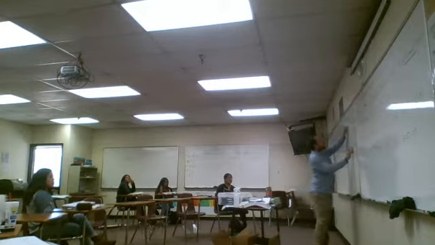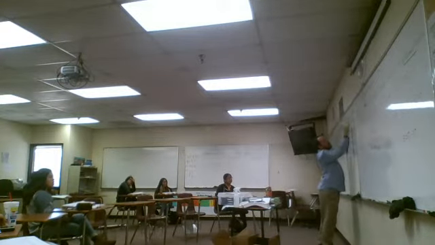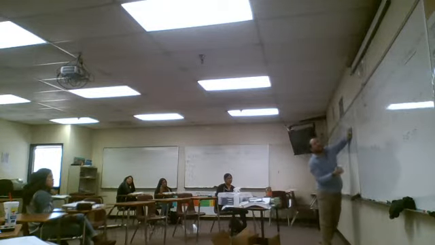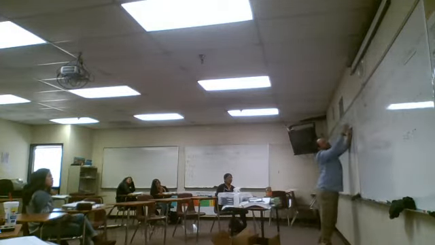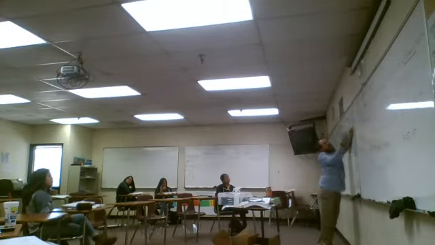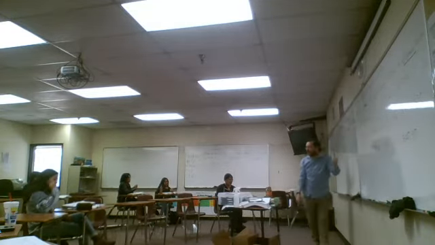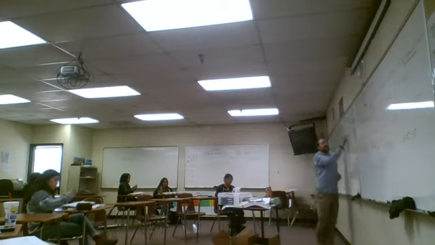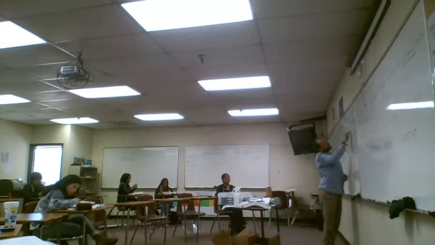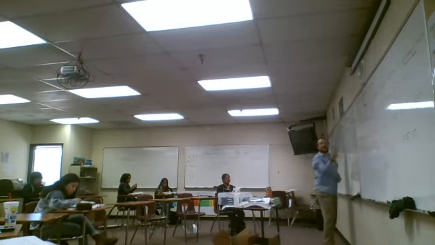So z squared minus a squared can be factored out to z plus a times z minus a. Fair enough? A times a gives us a squared. 6 times 6 gives us 36. Okay, so this is the factors of a difference of squares. And now for the sum of squares, which